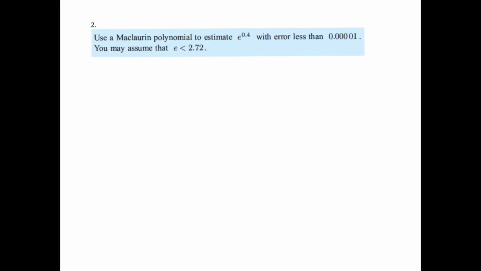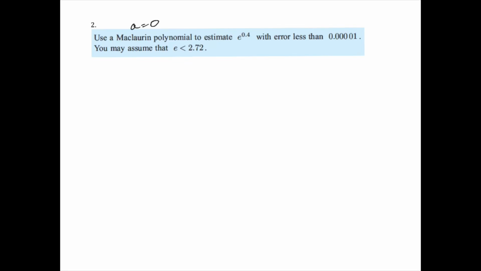This video is going over the last example in the lesson on Taylor series. I believe it's lesson 19. Okay, so use a Maclaurin polynomial. Now remember, a Maclaurin polynomial is just like a Taylor polynomial, except it's when a equals 0, to estimate e to the 0.4 with error less than 0.0001, and you may assume that e is less than